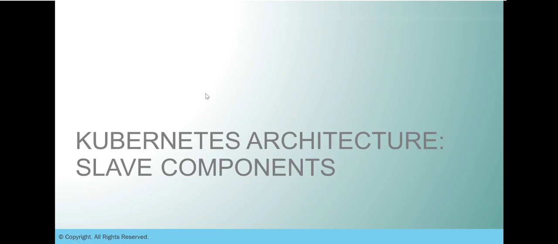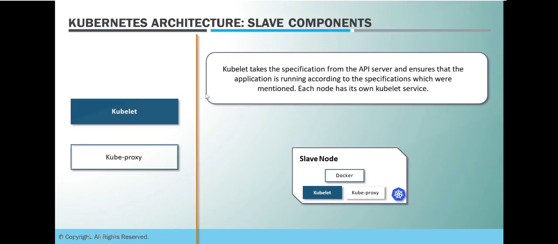In this session, we are going to discuss slave component details. We already discussed master components, which are 4 or 5. 4 are major and one is container runtime, which needs to be there in order to deploy your pods. That is again an important layer inside master node. Then coming to slave components, the two that need to be running on slave nodes are kubelet and kubeproxy.